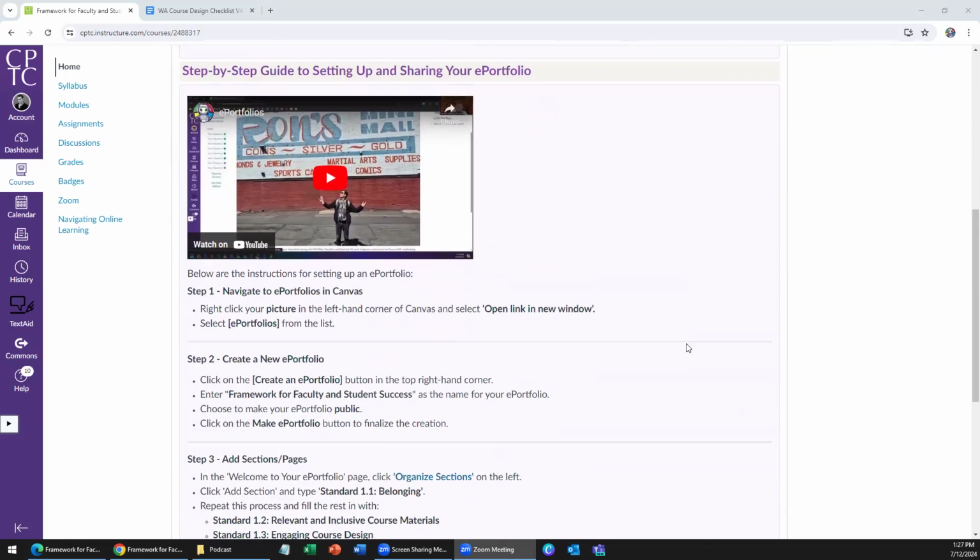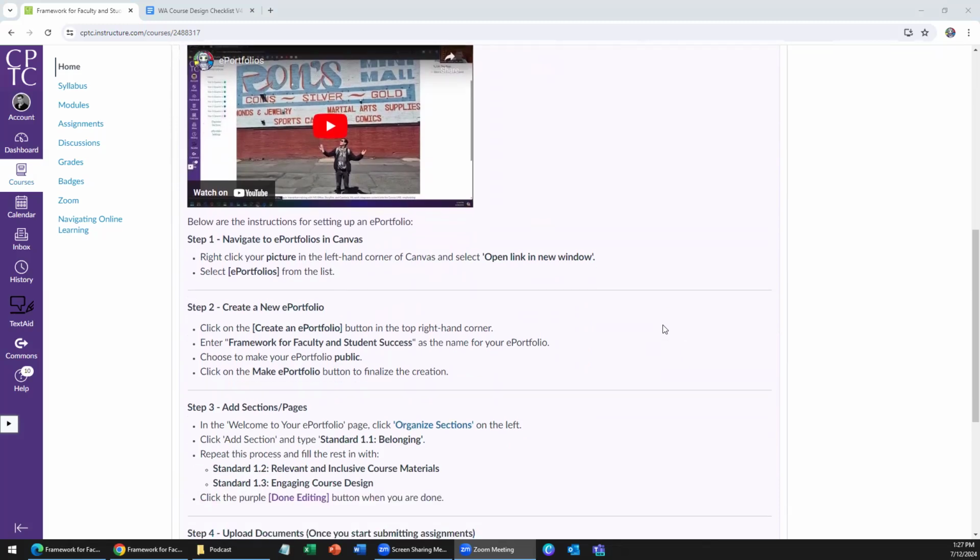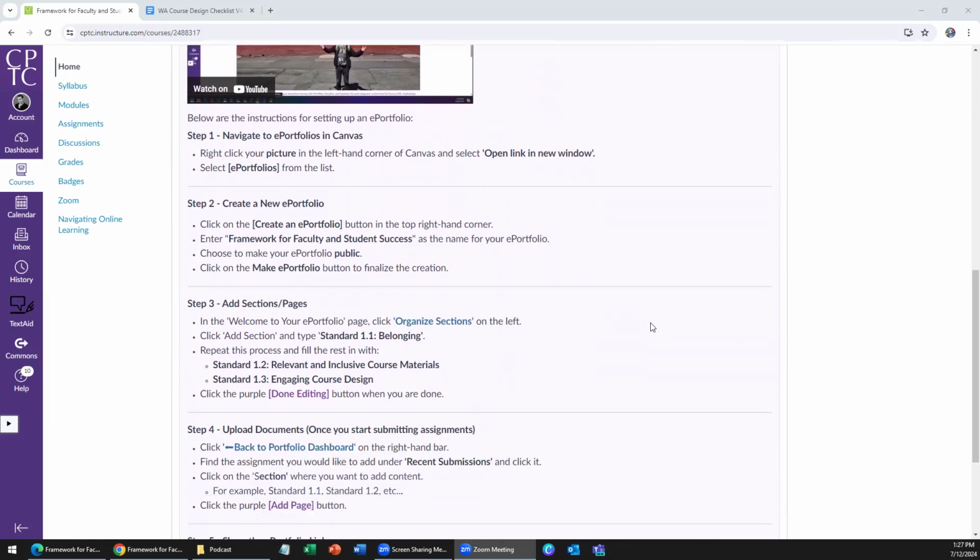I'm just going to follow the instructions here and see how well I can write instructions and see if there are any gaps in them. But if y'all are in Canvas and you want to set up an e-portfolio, this is how we do it. So what we're going to do,